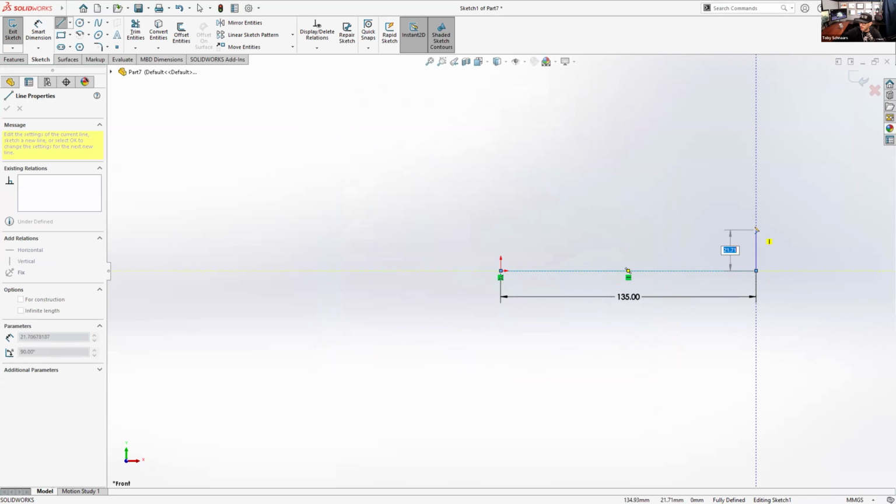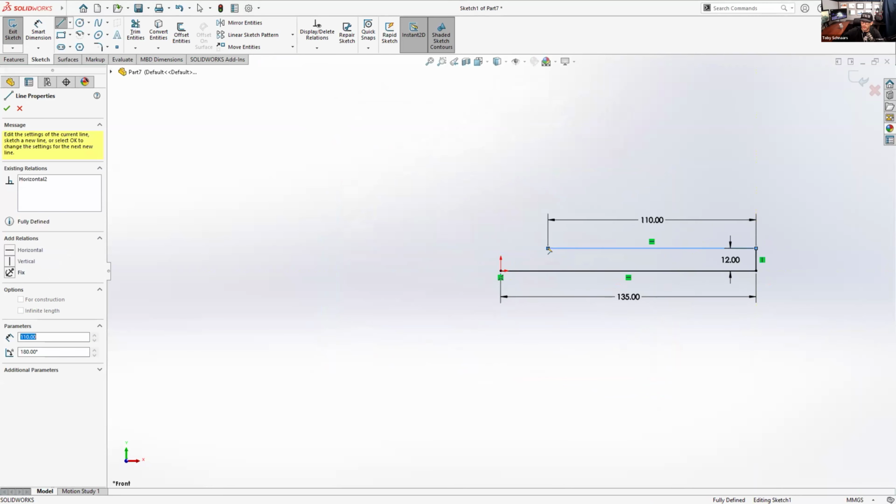Move my mouse up in this direction. That's going to come up to 12. Now I'm going to come back over this way, and this one's going to be 135 minus 25. Now we'll talk about this dimension in just a second. This one here is going to be 65 minus 12. And then we're just going to come over here a little bit, and then we're going to come straight down